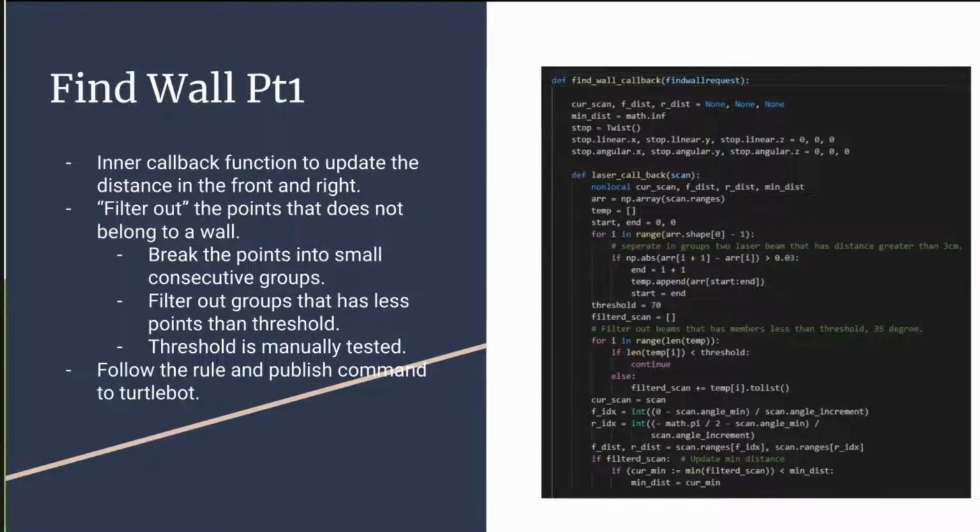As the callback, because we're going to read the laser scan while the robot's moving, and we need a callback to actually get the data. So here, first we get the scan and I convert it to an array. The idea is that if the robot is in a well-rounded environment, because the TurtleBot right now has a 360 degree scan